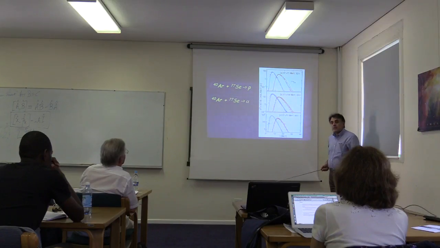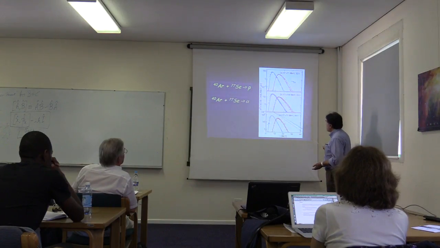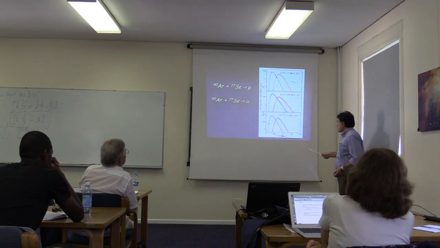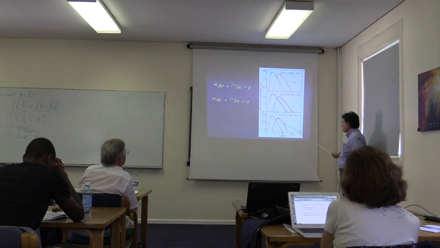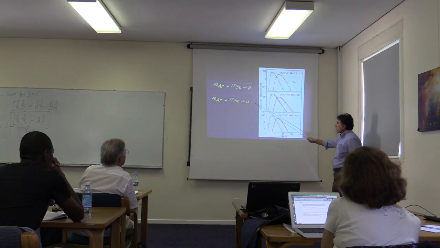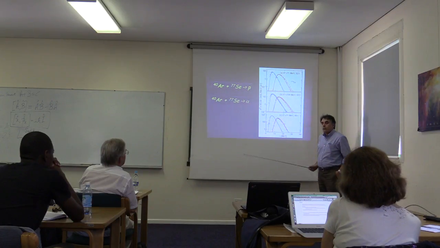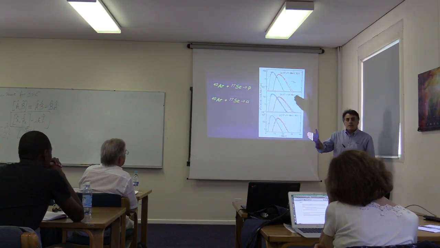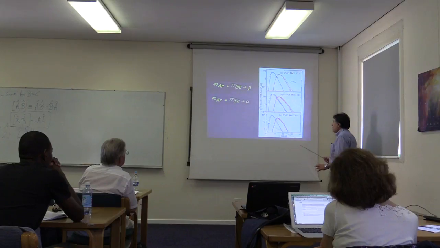Indeed, we don't observe peaks anymore, but we observe continuous distributions. In one case this is the energy of the alpha particle, and this is the energy of the protons. This is not anymore what we call an excitation function. Now what do we do? We fix the bombarding energy, and observe the